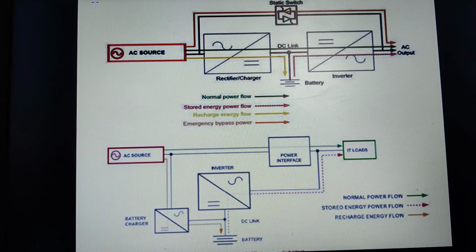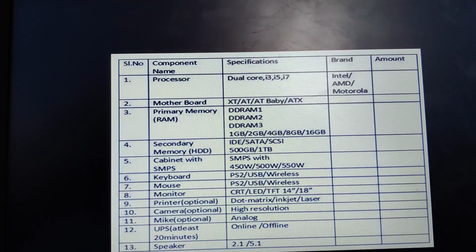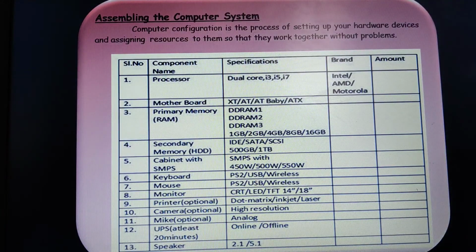So this was all about the power supply. Moving on to the last concept, that is assembling the computer system. Computer configuration is the process of setting up your hardware devices and assigning the resources to them so that they work together without any problems. So assembling the computer system, whenever you go for buying your computer system, usually you will be seeing what processor you need to buy,